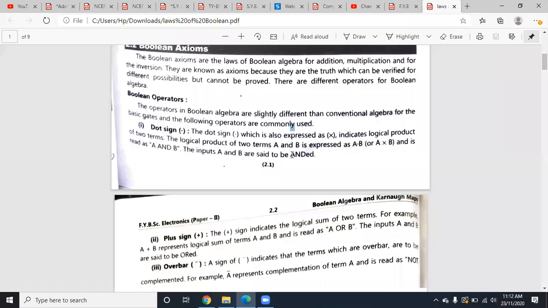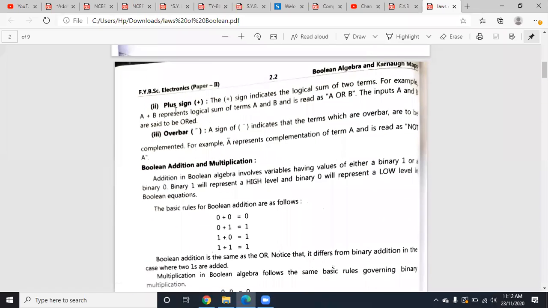After dot, the second sign is the plus sign. Plus sign indicates the logical sum of two terms. If I say a plus b, that indicates we are going to add a and b, right? So OR operation is nothing but your addition operation. That is why it is also read as a or b. If I'm writing a plus b, I can read it as a or b, right? And the third and most important one